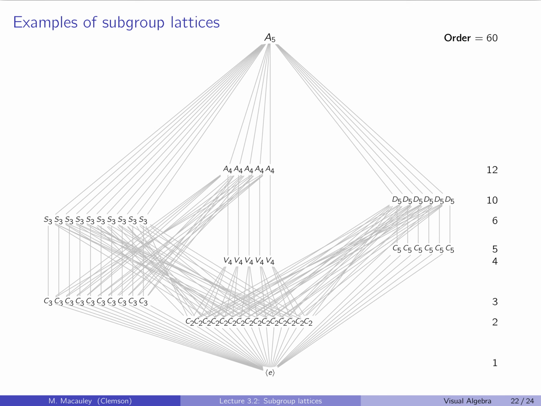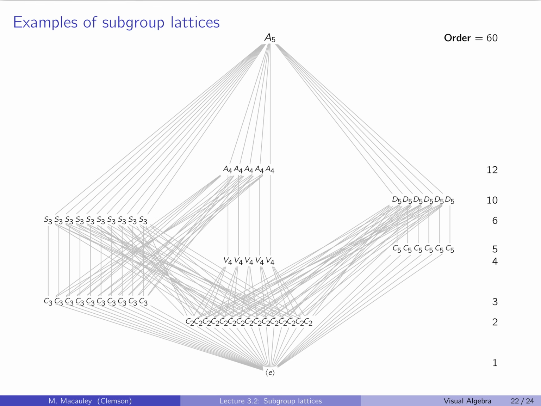Here's a subgroup lattice of A5. What do you notice here? Well, one thing is that there's no obvious quotient, if you believe me about things hanging from the top. There's nothing that really stands out as a subgroup lattice of a group that we've seen. And there's a reason for that. This is what's called a simple group. It's one that cannot be collapsed any further via quotients. That's not at all obvious, but